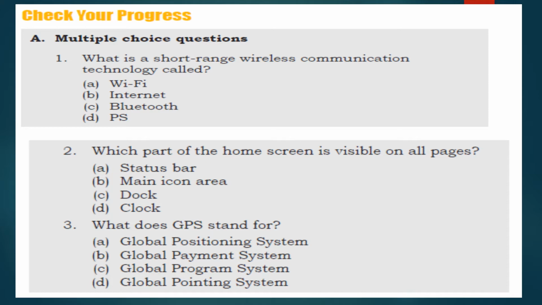What are all the basic features you learned today? Basic features of a mobile device. What are all the basic features of a mobile device you learned today? Bluetooth, chargeable battery, Wi-Fi, touchscreen, camera, clock, cellular network connectivity, global positioning system.